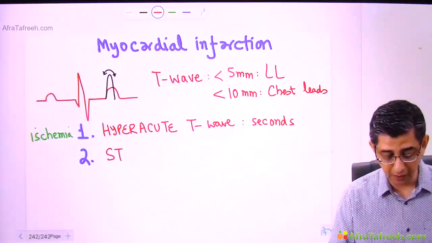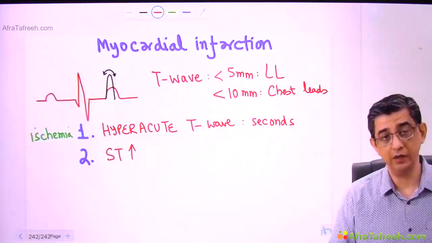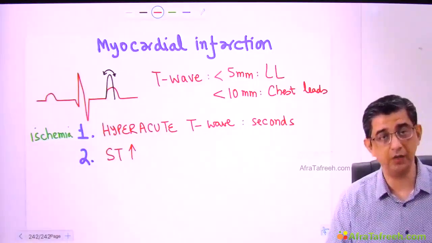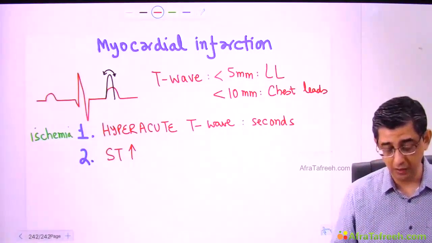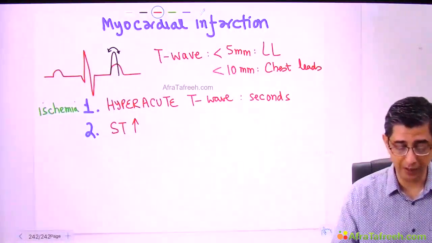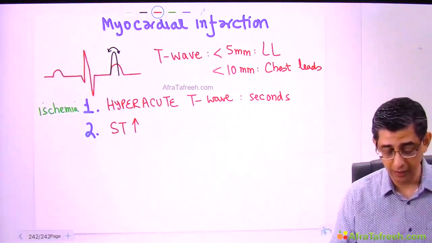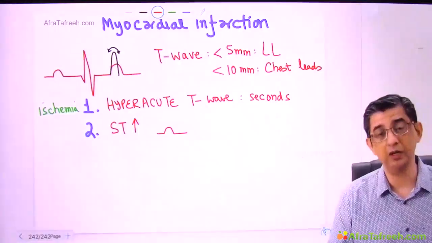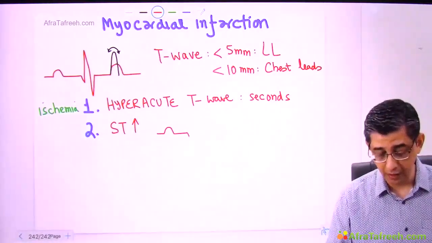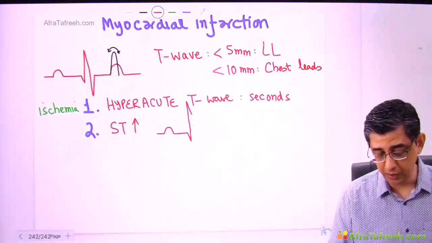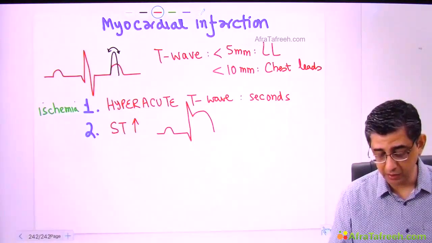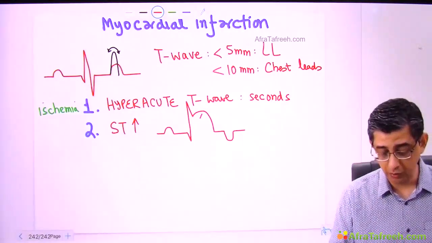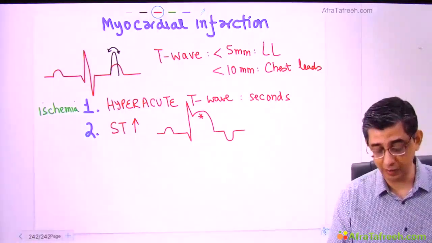Though I'm writing ST elevation at the moment, I want to highlight that in 50% of cases it could be STEMI, and in 50% of cases it could be a non-ST elevation MI, and the treatment of both of them is different. Now let me demonstrate how ST elevation in myocardial infarction will look. You will notice that the ST will definitely go up, but the topmost part of it would be relatively rounded, that is convex. When you listen to the discussion of acute pericarditis, I will mention that there is ST elevation once again, but it will be concave upwards. You can notice a distinct convexity at this particular junction.